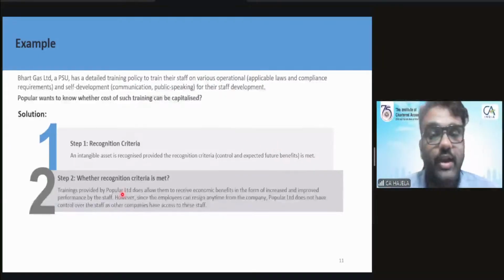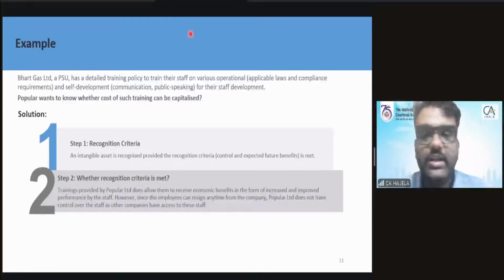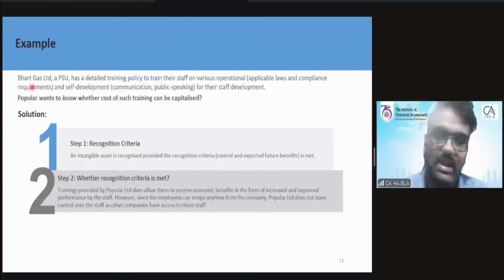So the training provided does allow them to receive economic benefits in the form of improved performance. However, the employees who are gaining that know-how, who are getting the benefit of that training, as I was constantly saying in this example, are not under some sort of control, right? The trainings are making their employees better employees. It is improving their economic benefits. But is it under the control of an entity? It is not actually under the control of this PSU, Bharat Gas Limited, and that is why this won't be